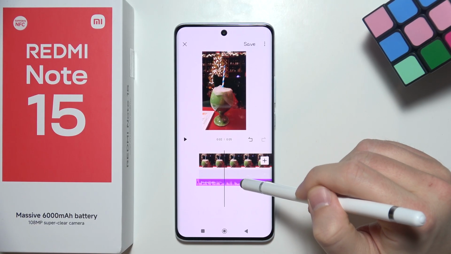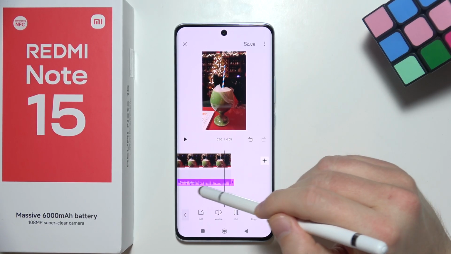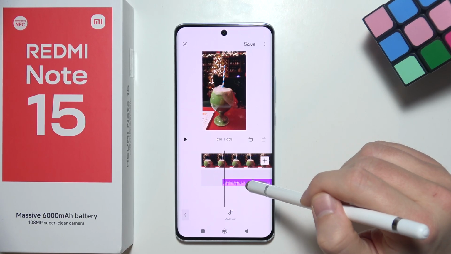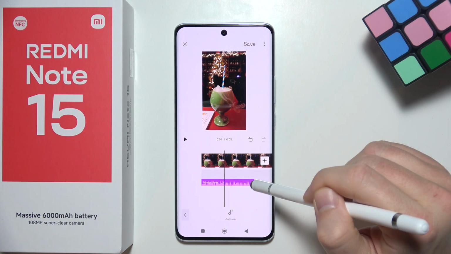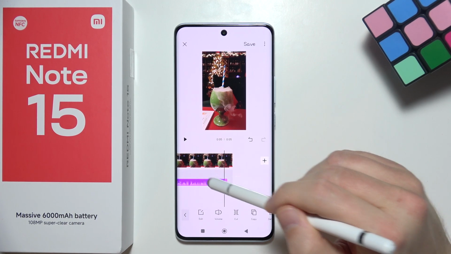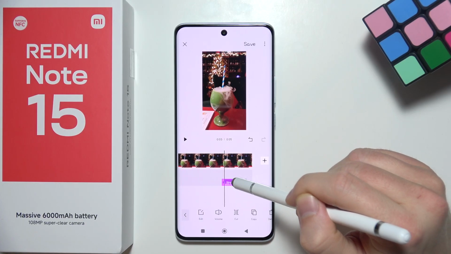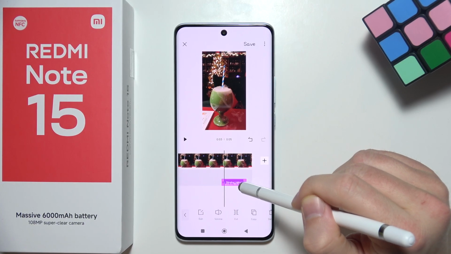Of course you can change the part of this song. If you want to make any part, you will have to just move it like that, then expand, and you have to cut the first part. So if I want to get this like middle part,